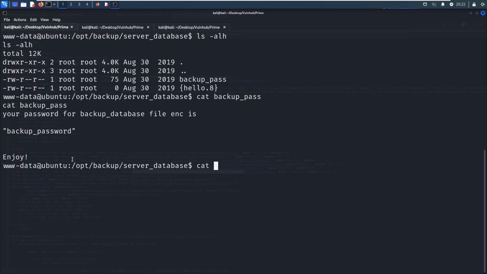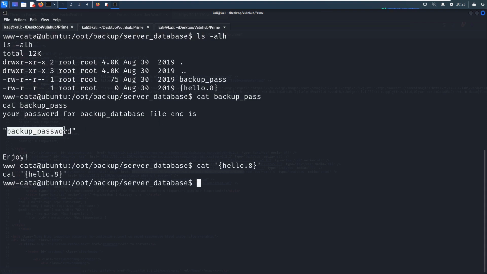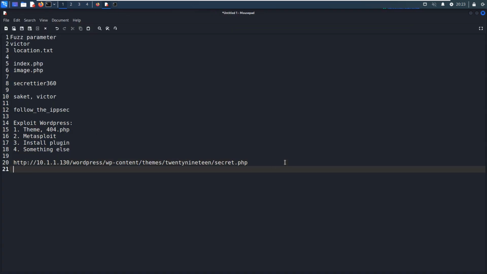And also we can take a look at this file. Oh, because the size is 0. So we can copy this one. We don't know where to use this password yet.